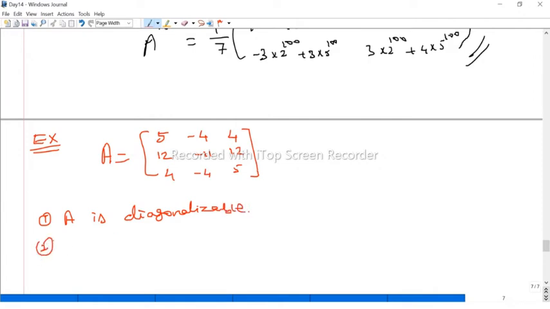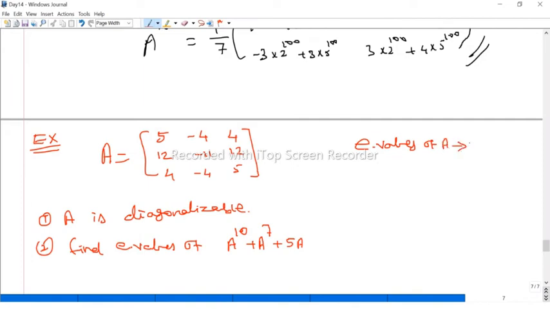And second thing is, find the eigenvalues of not A but A power 10 plus A power 7 plus 5 times A. So you have to find the eigenvalues of this matrix. There is a simple trick to find the eigenvalues of these matrices. Suppose first you have to find the eigenvalues. So first you can find the eigenvalues of A.